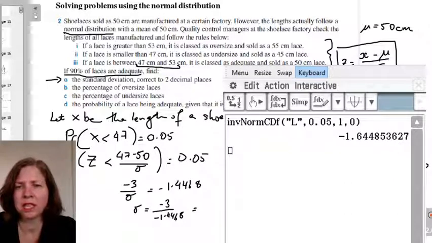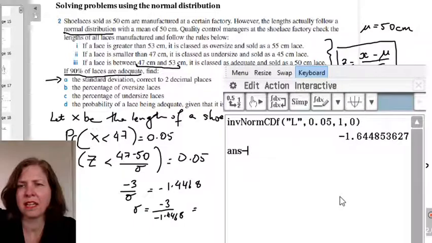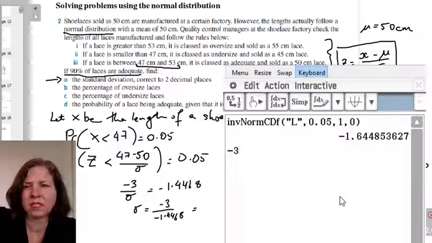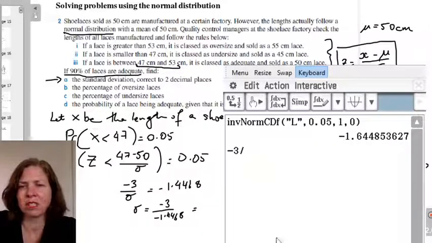It's not the same as a handheld. Where's the negative on the keyboard? Can't find it. Okay, I'll just hit subtract and I'll get rid of that because I don't want it. So -3 divided by the answer that I just found is going to give me